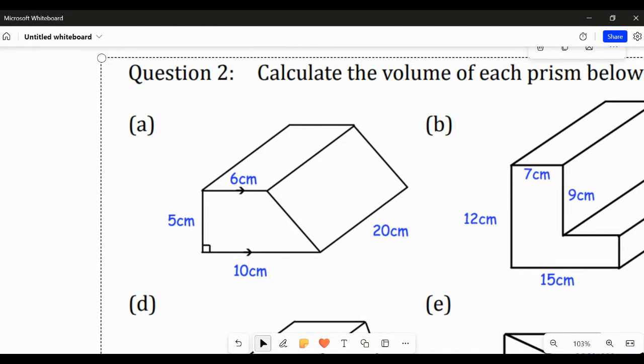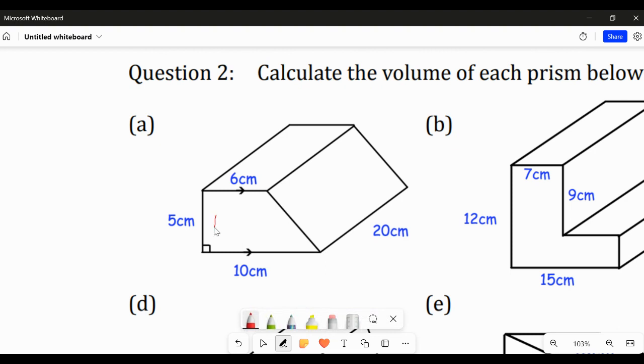All right, so having a look at this first question over here, we want to find the volume of the prism below. Okay, so firstly, what we have to do is find the area of this front shape over here. So that means we've got to get area. Now, area over here is given as half 6 plus 10 times 5,